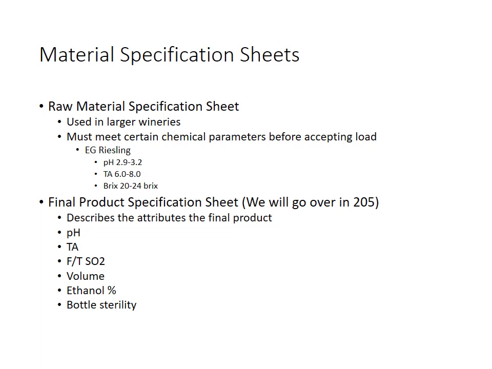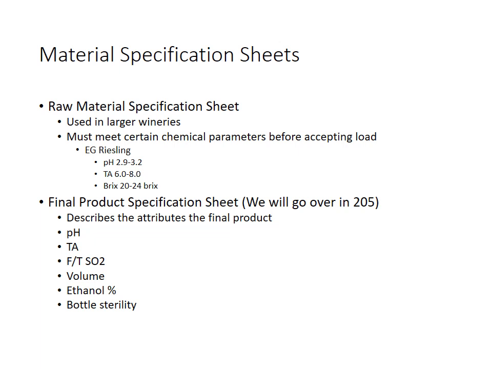Other things we look at are material specification sheets. So these are things used in larger wineries, but what I'd love to do is take you out on big tours, but a lot of big wineries have these things called gondolas. And what happens is a truck shows up with machine harvested fruit and an arm shoots out and it augers up a little bit and automatically does a Brix and TA and pH check right at the second the truck